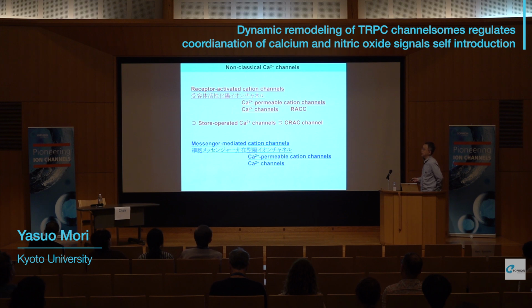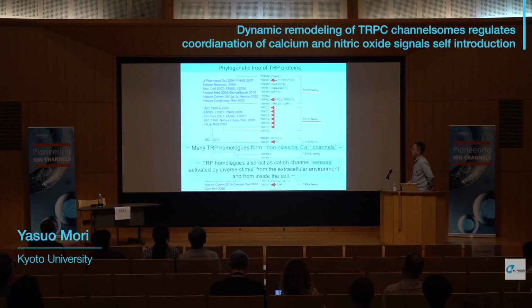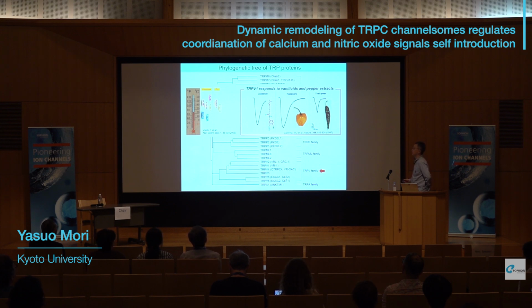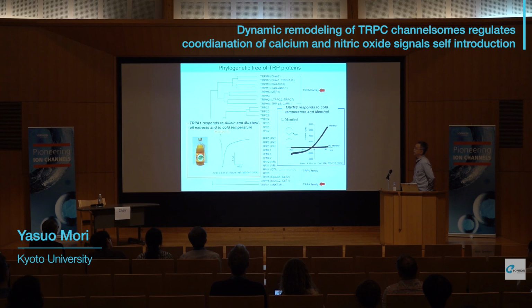For instance, receptor-activated cation channels or calcium channels are activated by stimulation of metabotropic receptors coupled to PLC activation and downstream signaling molecules. And there is a second important functional aspect of TRP channels, and that is biosensing function, as you know very well. TRPV1 is probably a champion for the biosensor channel. It's a receptor for the hot compound capsaicin, but at the same time, it's a very important and critical sensor for heat. And for cold sensation, 2 TRP channels are responsible.